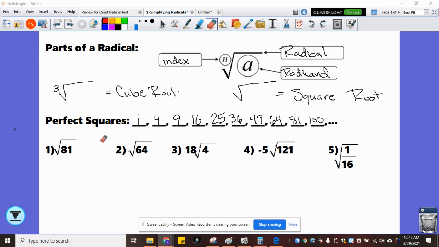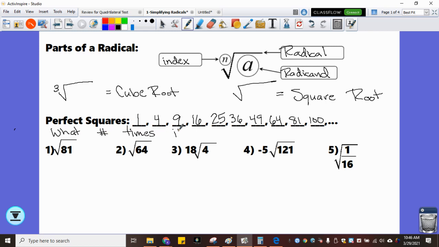The first example we're going to do is the square root of 81. And I know actually some of you just know the answer. What this is asking, though, is what number times itself gives you 81? 9. Not divide, really. You just have to think of what number times itself gives you 81. And so the square root of 81 is 9, because 9 times 9, or 9 squared,